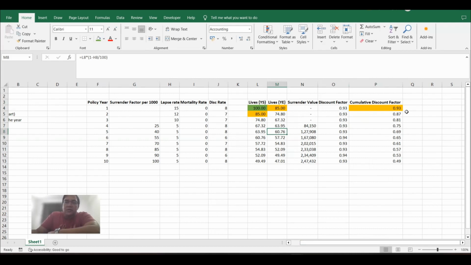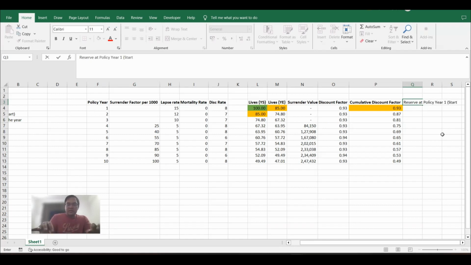Now we have to calculate the surrender value. Or not surrender value, we are going to call it reserve. Our assumption is there is no premium, nothing, right? Otherwise those would also be calculated here, but here we are assuming there is no premium. So reserve at policy year one, once again at the start, right? So reserve at policy year one start, and that would be given by